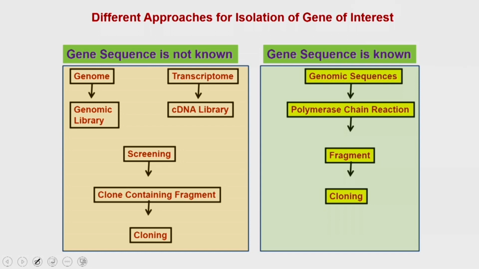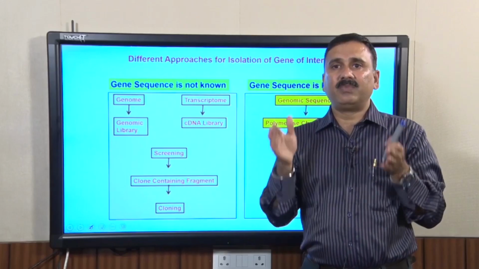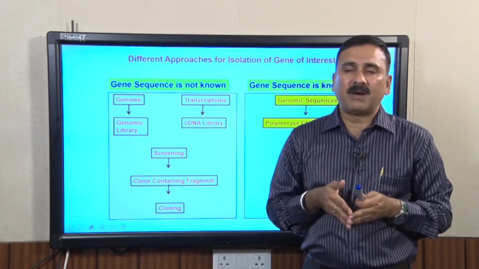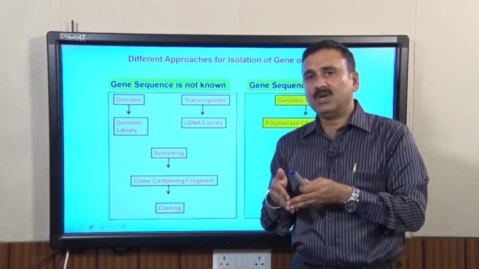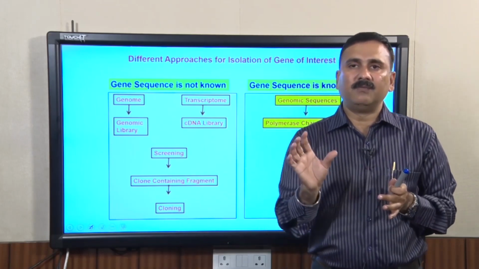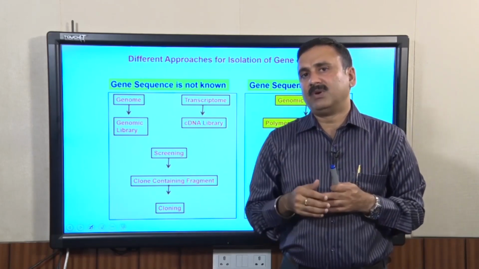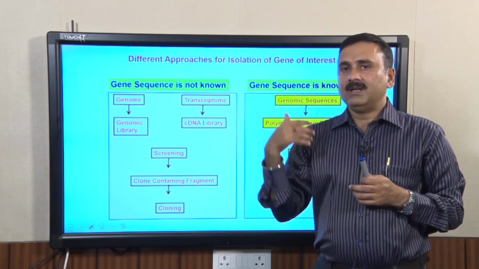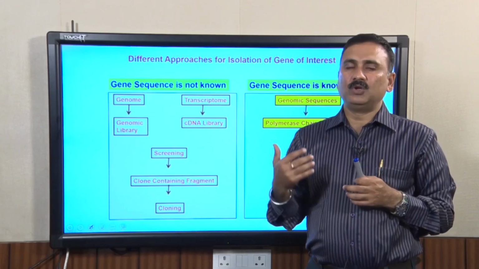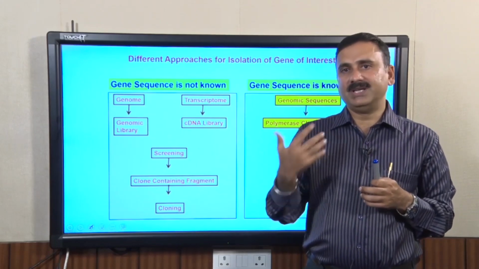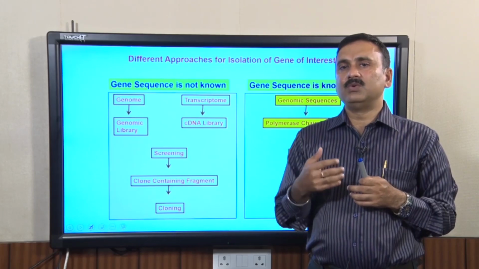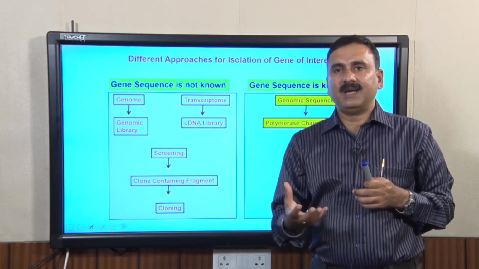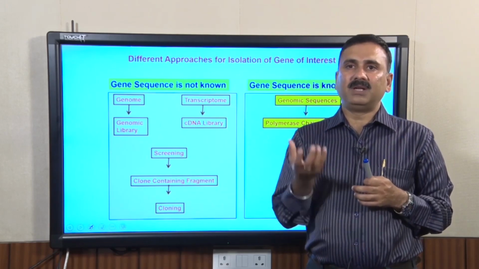Once your cDNA is prepared, you will digest it, or use the adapter or linker molecule, and insert these fragments into a suitable vector depending on the size of these fragments. Then you will transform those into a suitable host, either bacteria or yeast, and that is going to give you the cDNA library, which is going to represent the transcriptome of that particular organism